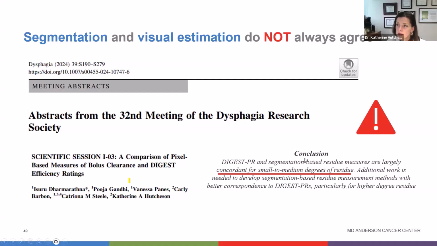And we concluded that the residue measures between these two methods are often concordant when you have small to medium degrees of residue, so those less than 10%, 10 to 49% residue buckets. But when the residue was 50% or higher, there was often pretty significant discordance between those estimations, and a lot of it had to do with pre-existing residue that's already in the pharynx that kind of gunks up the segmentation-based